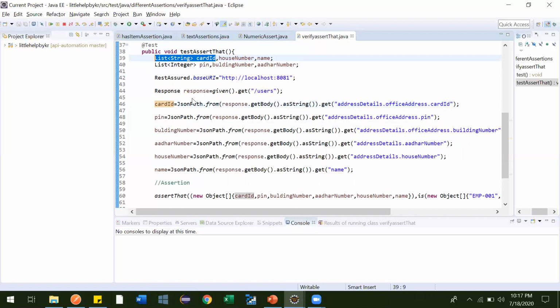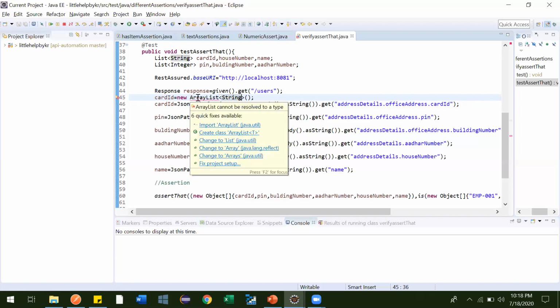So what we can do here is card ID equal to new ArrayList, and the type of that will be String, perfectly fine.